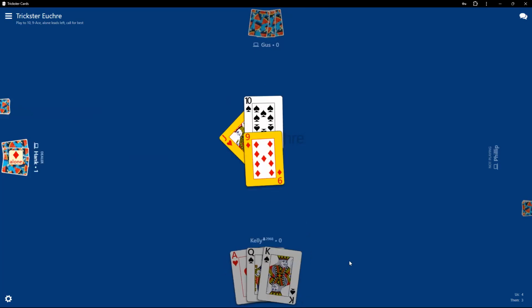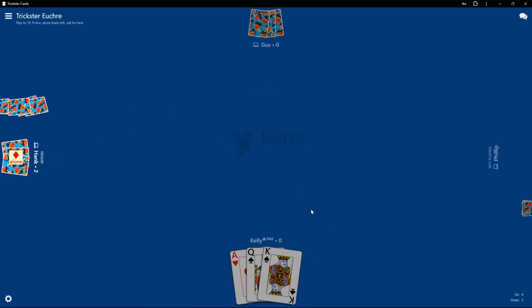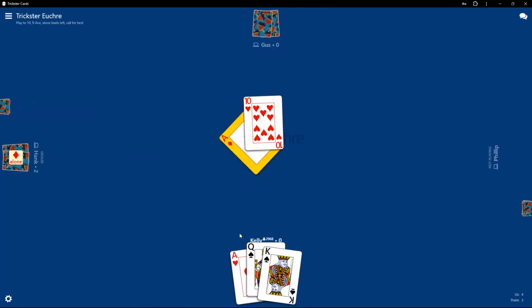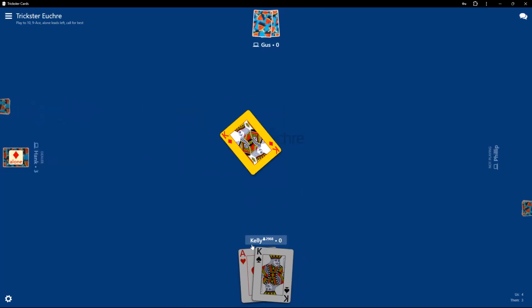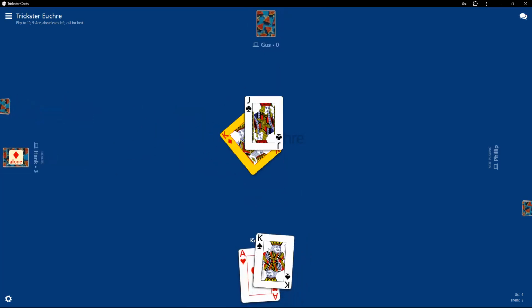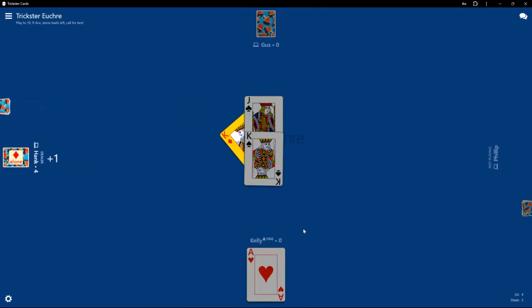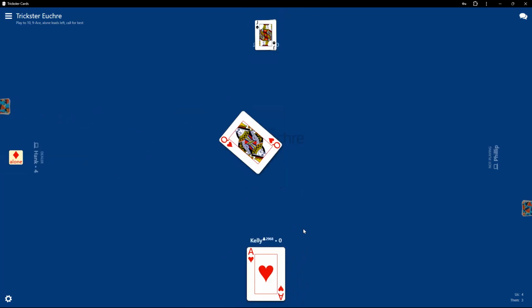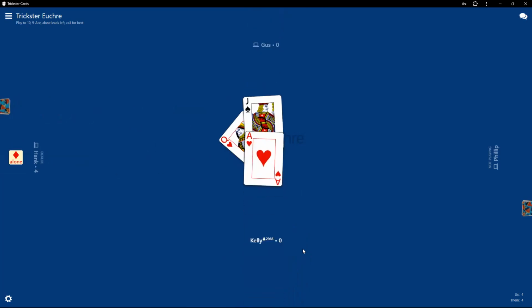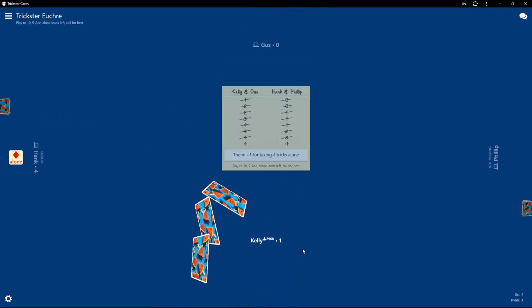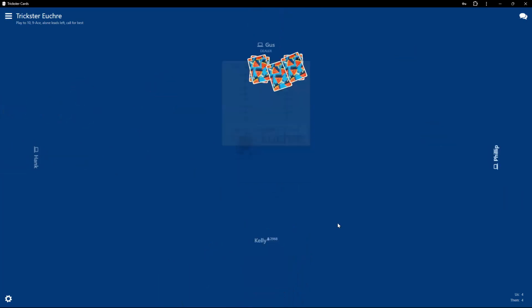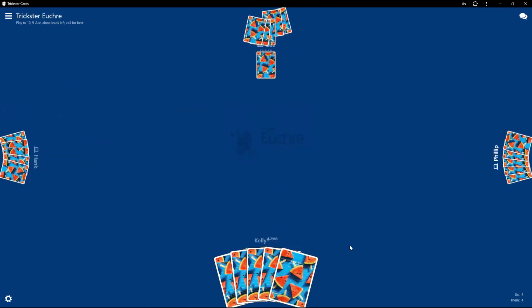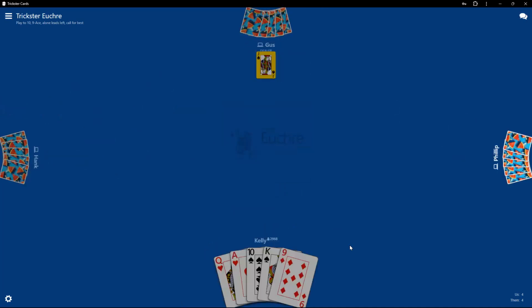I don't think we're going to be able to stop them from getting four. I don't think so. Maybe the ace of hearts, but I kind of doubt it because that person was able to get rid of two cards, right? So the chances of them having an offsuit are pretty slim. Oh, it happened. It worked. Wow. Usually when you get rid of two cards, you short suited yourself. So, okay. That worked out okay after all.